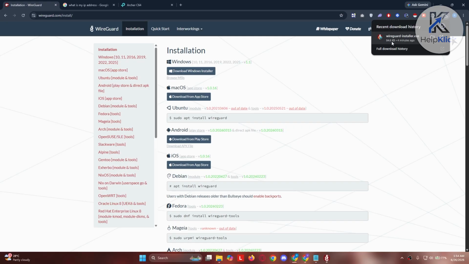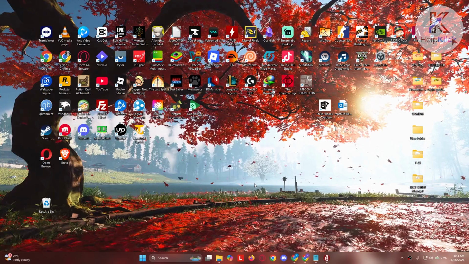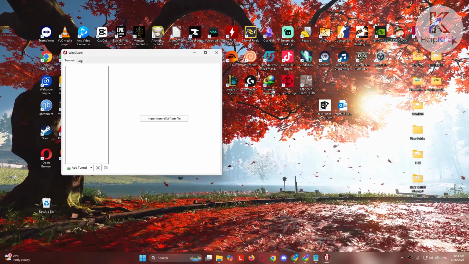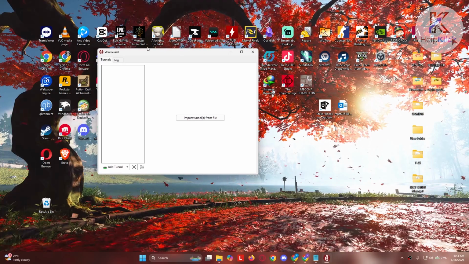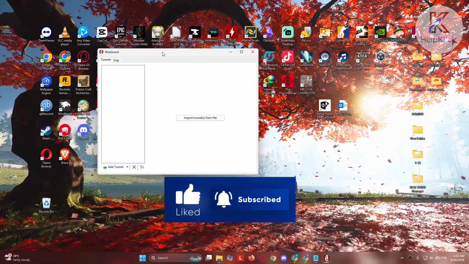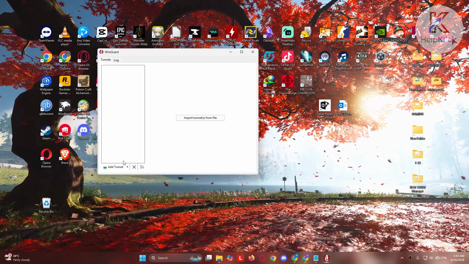I already clicked on it and have this installed on my PC. Now, what does it actually look like? Don't worry, once you click on the installer, it will automatically run. You don't have to do anything, and this is what you should be seeing here. What we need to do is set up your tunnel first. Click on the drop down button next to the tunnel,